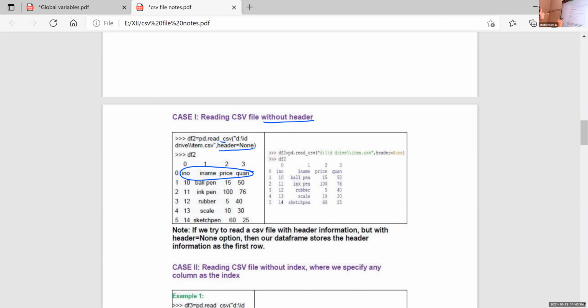So that is known as a CSV file without header. In this, after the location, give the option header equal to None. With header equal to None, the header, that is the column values, is treated as the first row value. So the 0th row is the column heading.